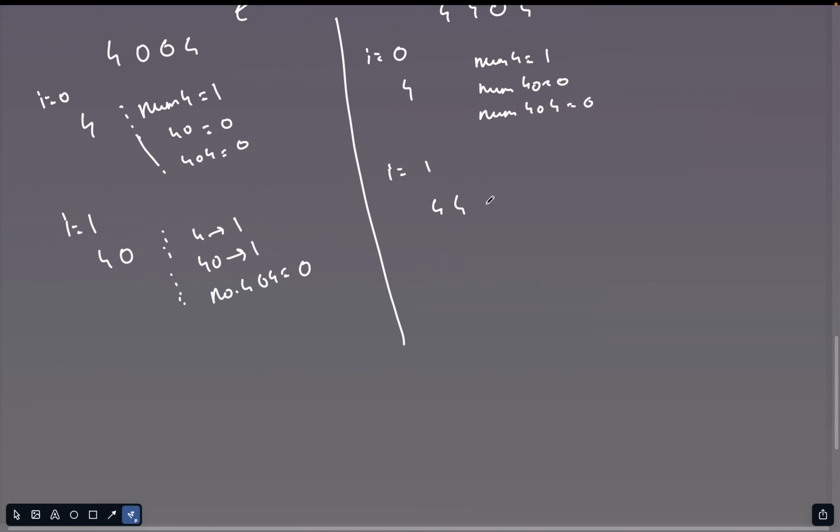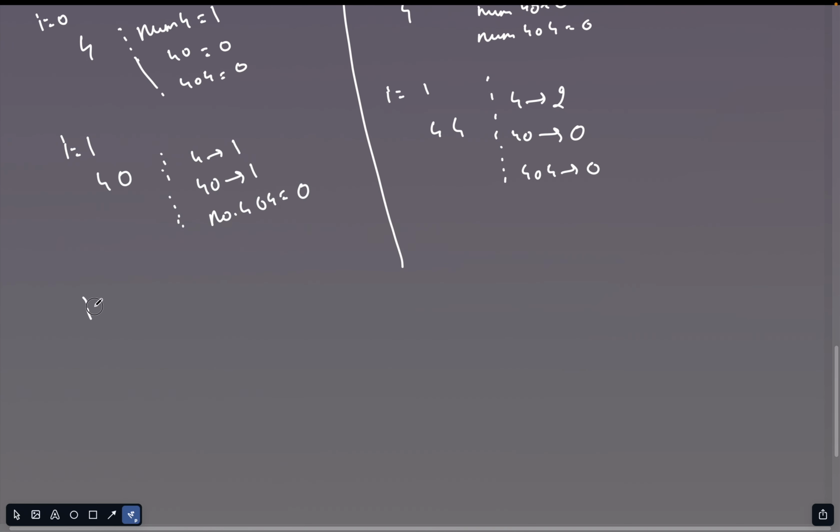And for this case we have number of 4s as 2, number of 40s as 0, and number of 404 as 0. Okay,